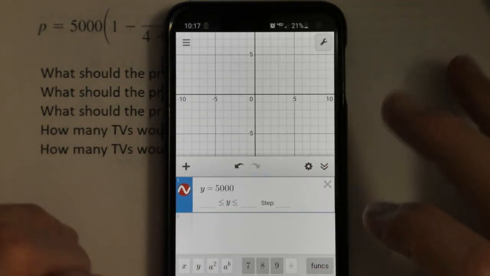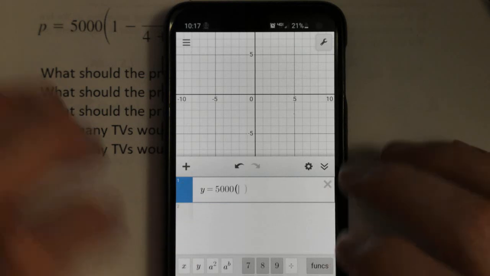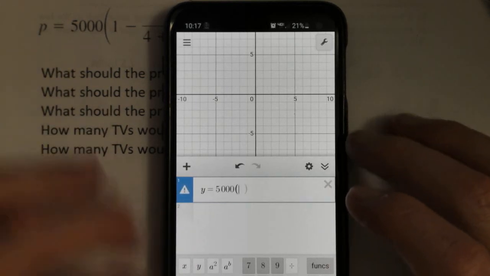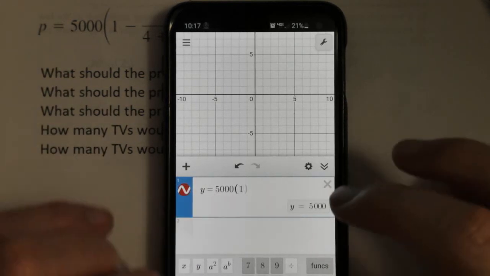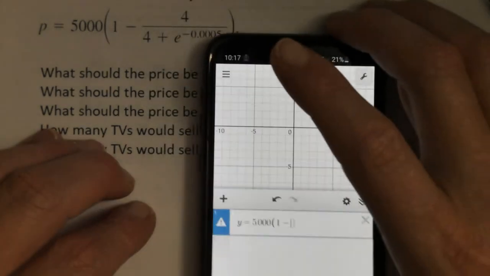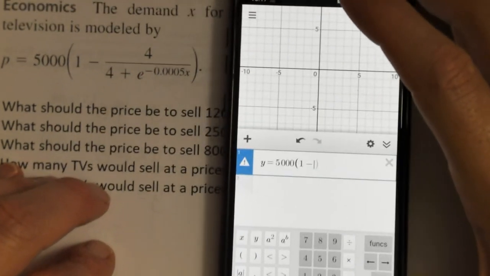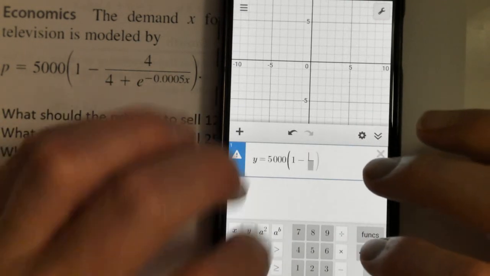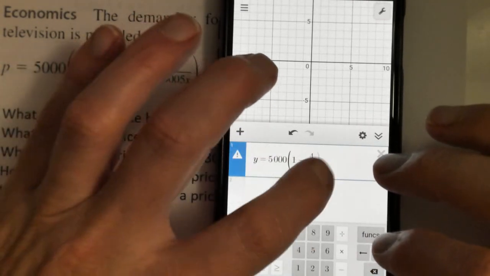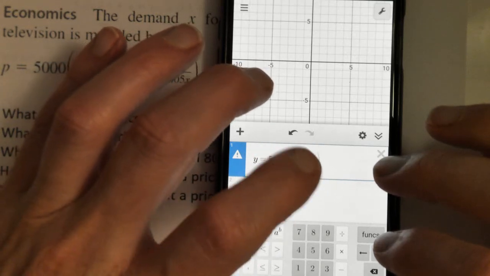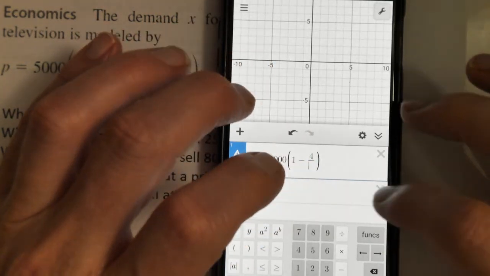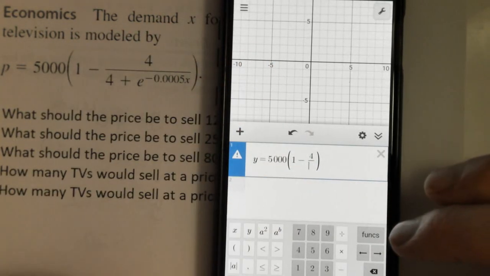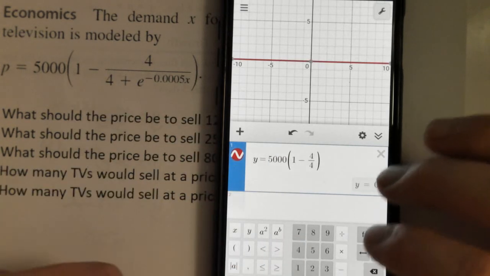And now we really need to make sure we type this in correctly, or it's going to mess up all of these questions. Open 1 minus, alright, now we need a fraction, and so let's go with divide. On top we're going to have 4, nothing to that. On the bottom we got 4 plus